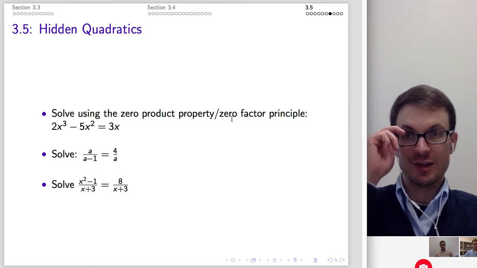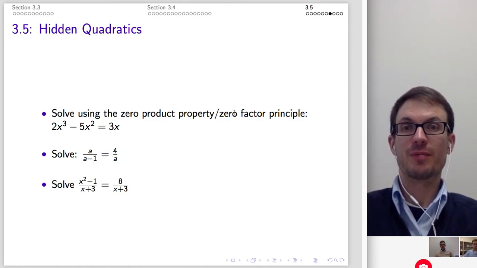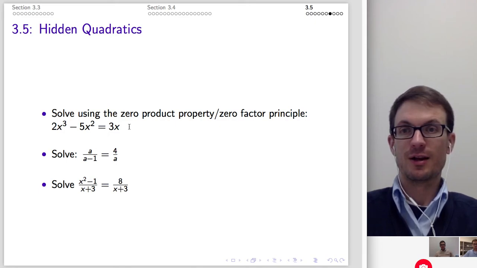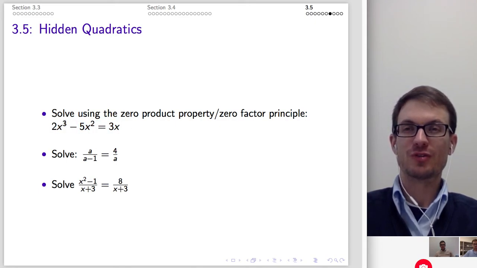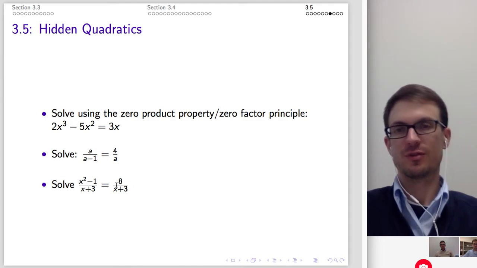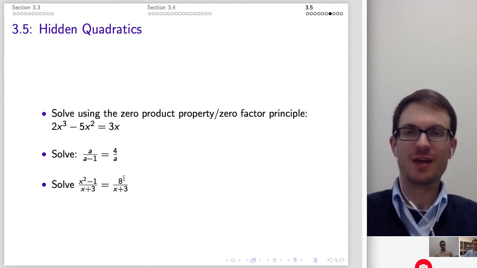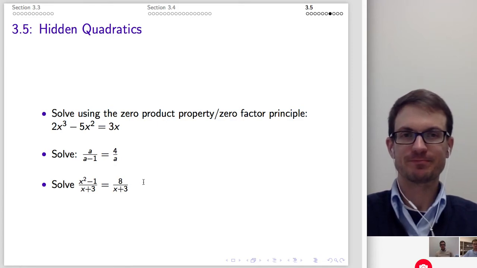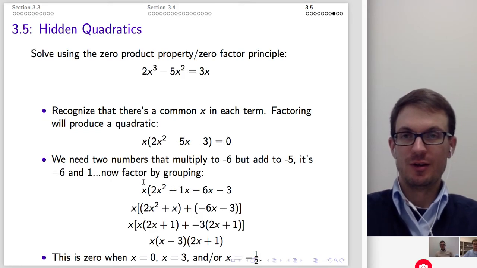All right, so these last things, let's solve using the zero product property, zero factor principle. So let's solve 2x cubed minus 5x squared equals 3x, and then a over a minus 1 over equal to 4 over a, and then solve x squared minus 1 over x plus 3 equals x divided by x plus 3. Can't talk. Okay, so